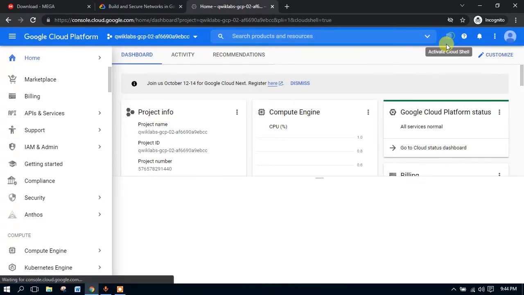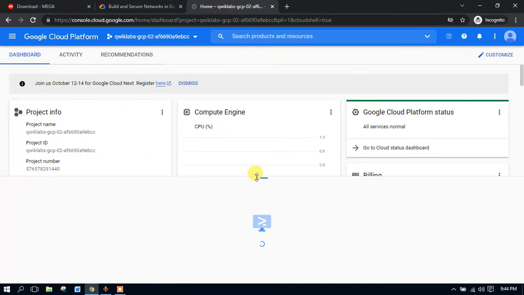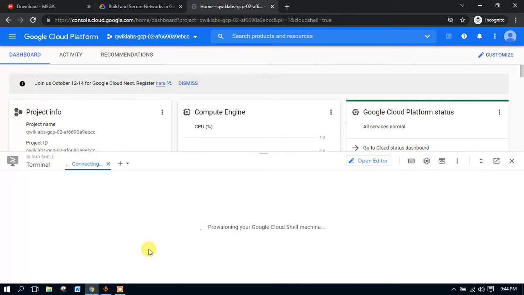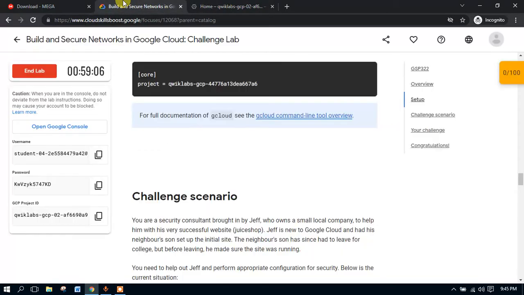Once Cloud Shell opens, minimize this navigation menu and expand this a little bit, then click on continue. Once you click on continue, it will provide us the Cloud Shell environment, where you can run every code. Just wait a few minutes. Yeah, this is an old laptop, don't worry.